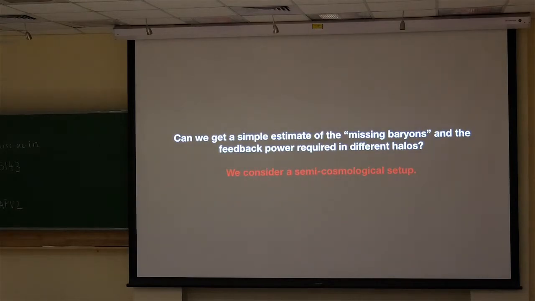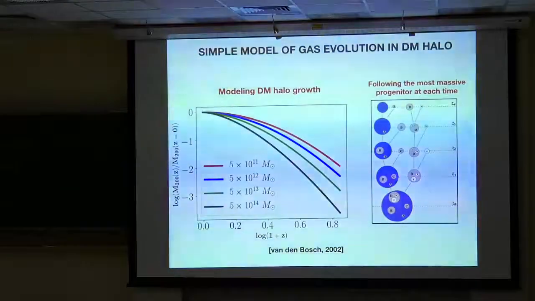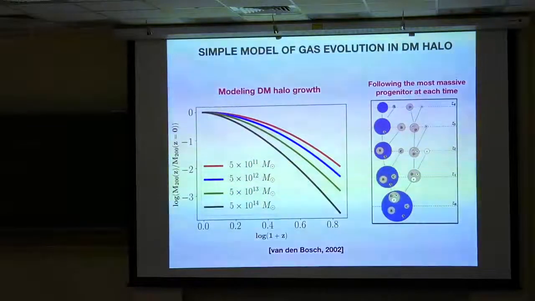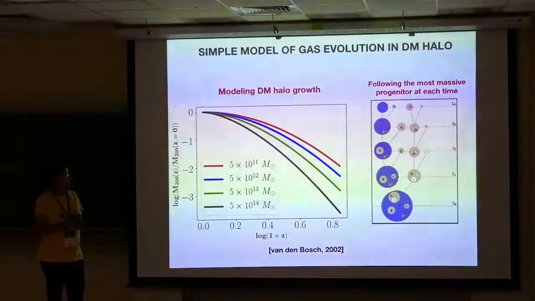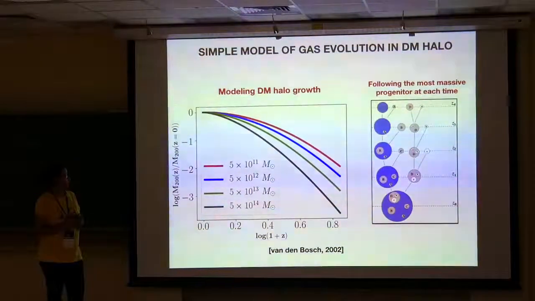So can we estimate in a very simple way how many baryons are missing from the halos, and also the feedback power that is required for different halos? So we consider a semi-cosmological setup. For this, we do not take into account all the merger effects or the details of the n-body simulations. So what is done here